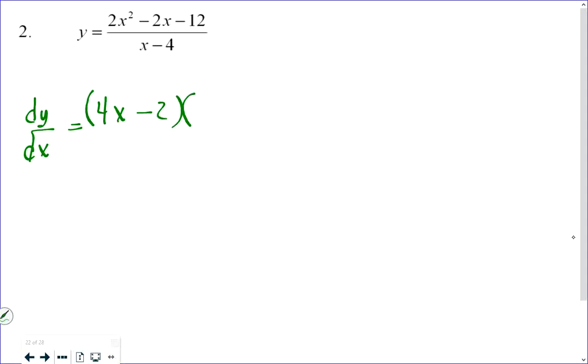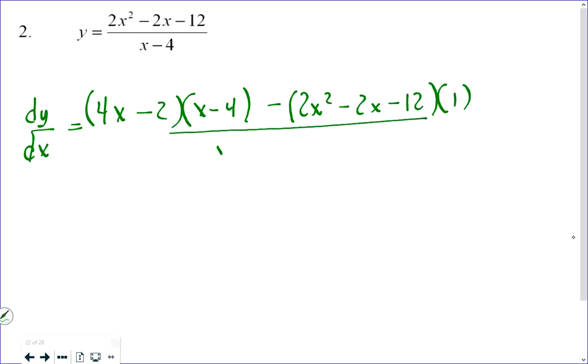The bottom is x minus 4, minus, and a really common mistake, especially when you're starting out, is to put plus instead of minus. So minus the top, 2x squared minus 2x minus 12, multiplied by the derivative of the bottom, which is 1,